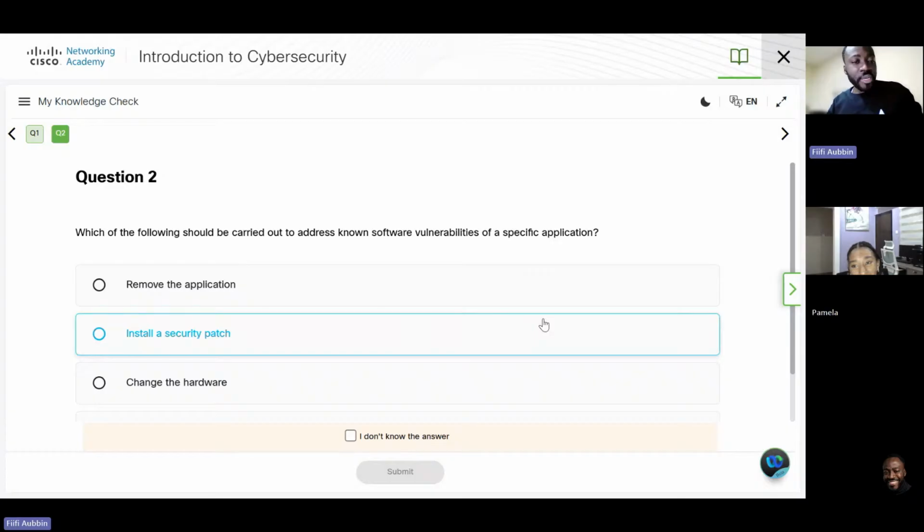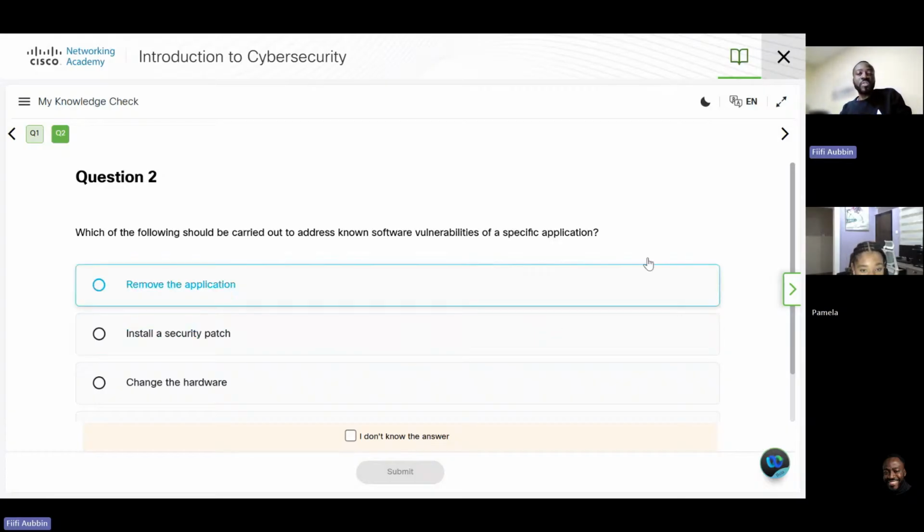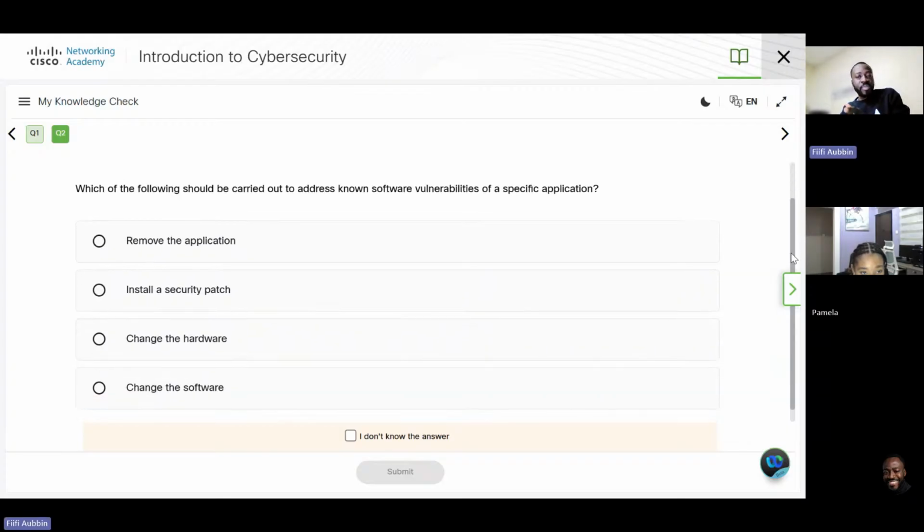Which of the following should be carried out to address unknown software vulnerabilities of a specific application? So if there is a vulnerability of a specific software application, what can we do to address that? Is it to remove the application, install a security patch, change the hardware, change the software?